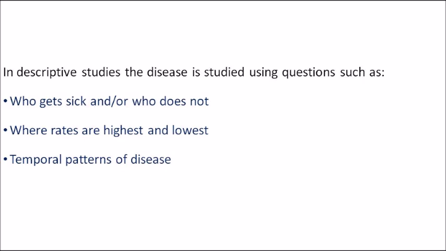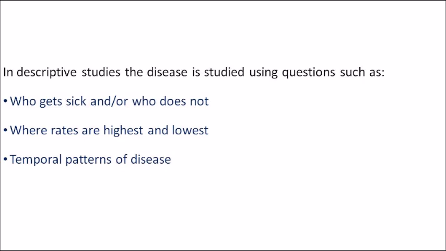For example, in some classes boys have higher, and in some classes females have higher. So that is with respect to the variable of our interest, how it varies according to that variable. That is the temporal pattern of the disease. I am telling it with an example of dental caries. So this is what we study in epidemiology. Clear? So when you think about epidemiology, just have this example in mind.